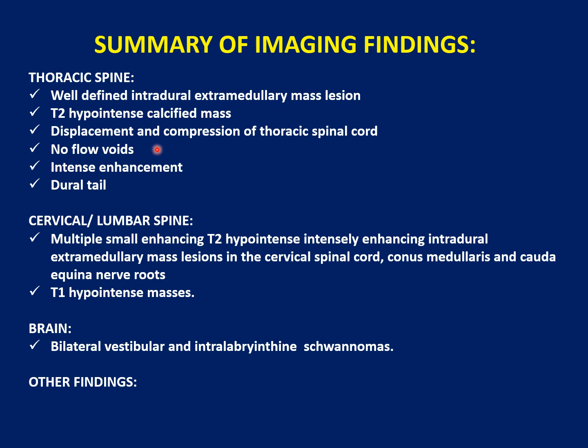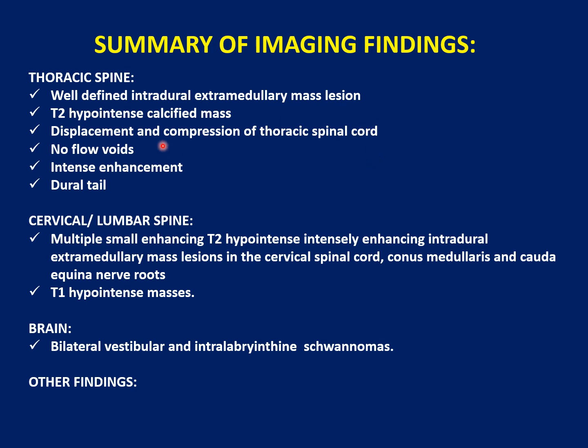There was no flow void, and there was an intense enhancement. This flow void is very essential because many of the schwannomas and meningiomas can show intense enhancement. But if we see a flow void, then the differential moves to other things like paragangliomas or hemangioblastomas. Though all said and done, hemangioblastomas are intramedullary lesions, and this is an extramedullary lesion. The clinching finding in this patient was the presence of a dural tail. So the lesion that we saw in the thoracic spinal cord correlates with a meningioma of the thoracic spinal cord,